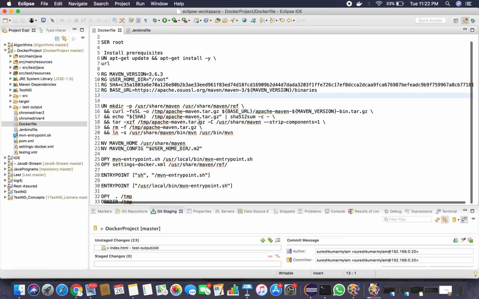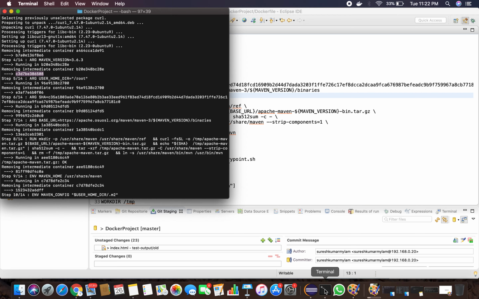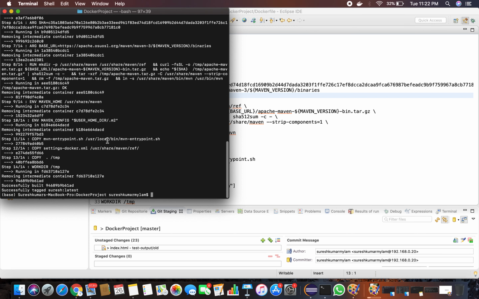So once everything is installed, there is a copy command. Let's see where the copy command is executed. See, here the copy command was executed. This is step 13. Copy everything, the whole project is being copied and pasted into this particular folder. It adds into the temp, and then you are setting the working directory as temp on the container.